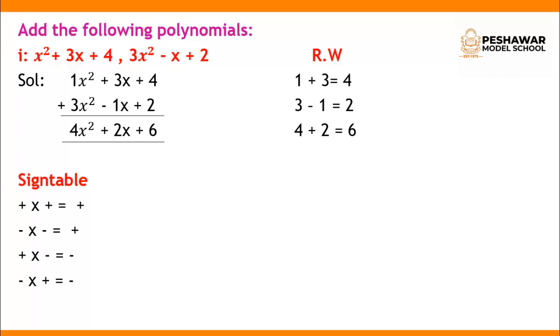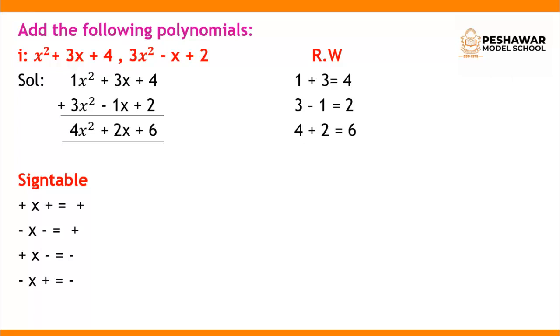So my dear students, the third step is that you have to add their coefficients. Add the coefficients of like terms. Like the coefficients of x square are 1 and 3. Coefficients of x are plus 3 and minus 1, and the next term is the constant. Constants are 4 and 2. Now my dear students, you have to understand the vertical method and there are some steps which I will explain for you.